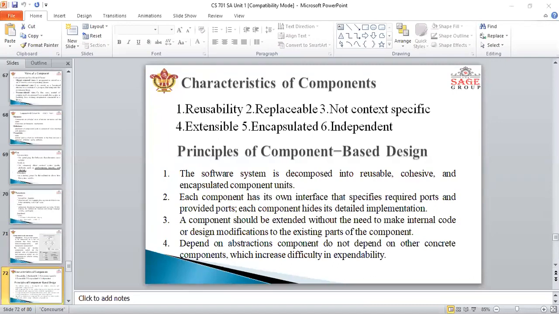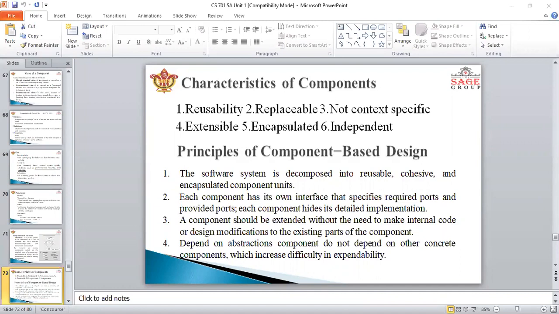Here you can see the characteristics of the component based architecture. First one is reusability. That means components are usually designed to be reused in different situations, in a different application. However, sometimes components may be designed for a specific task.